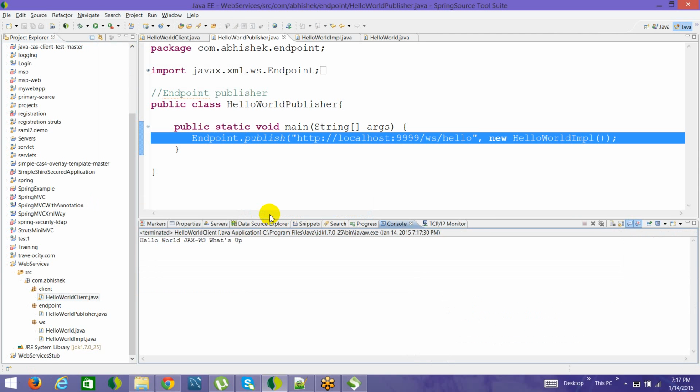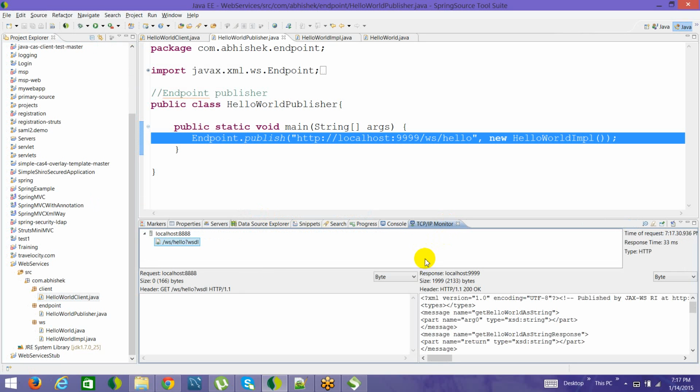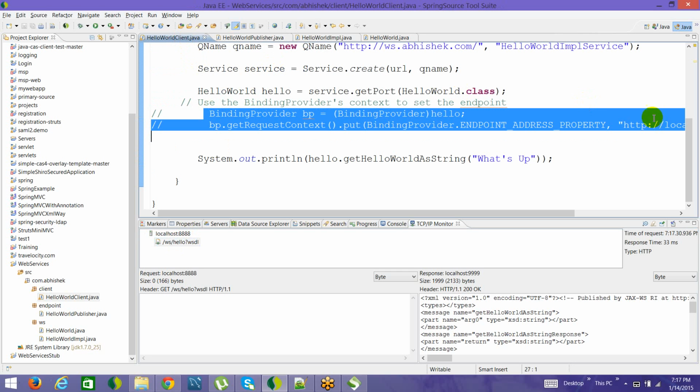If you see, a TCP monitor came into the picture, and you got the response as well. So what's happening is that this port number 8888 is where it's coming from, and it shows this hello world as WSDL,